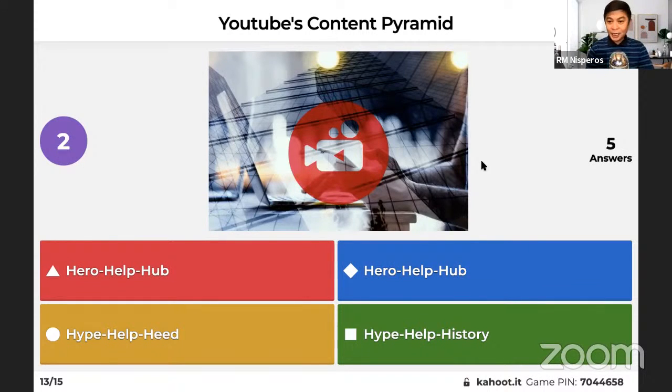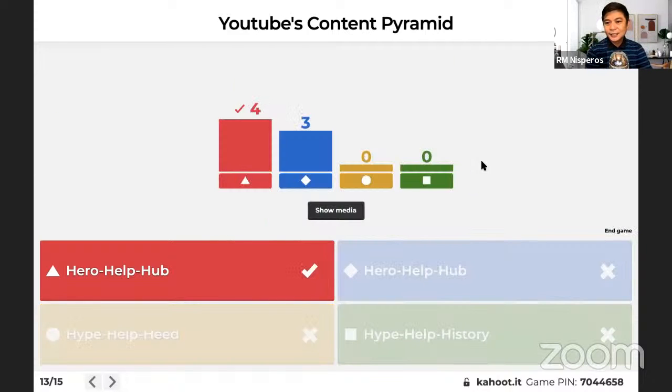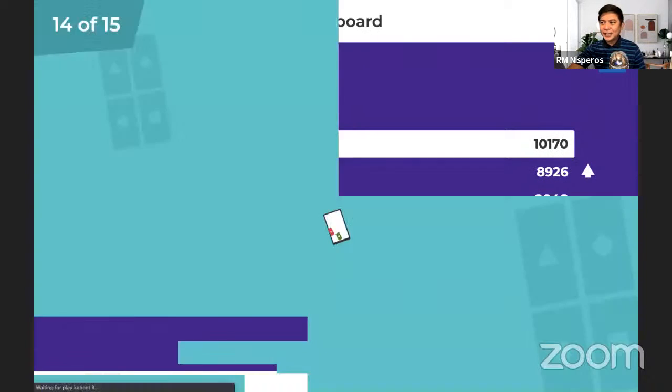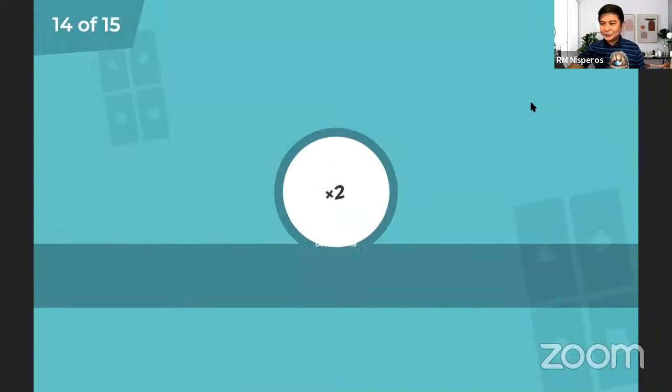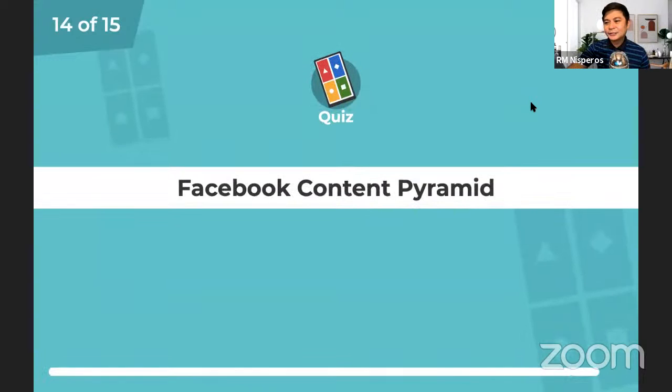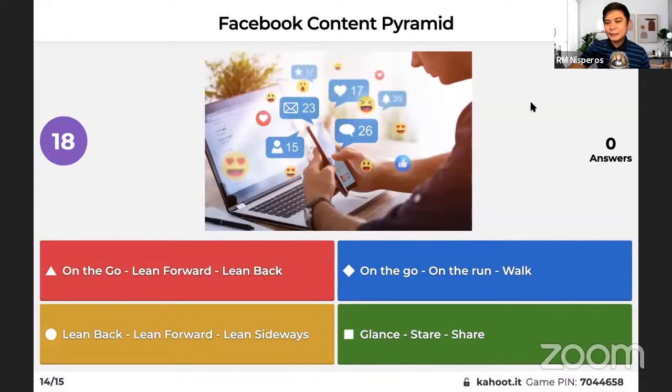The Triple H content pyramid. Okay? Next. Last two, last two. So, Facebook Content Pyramid.